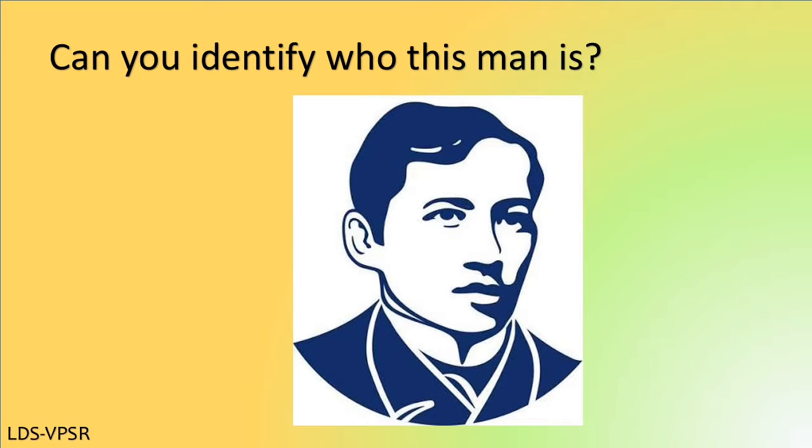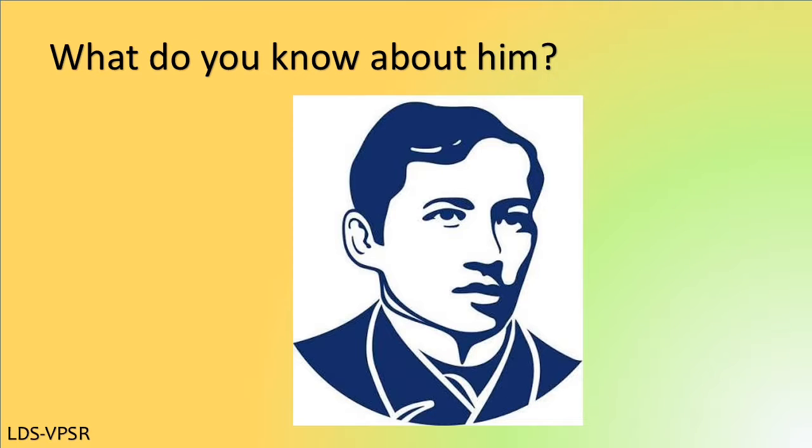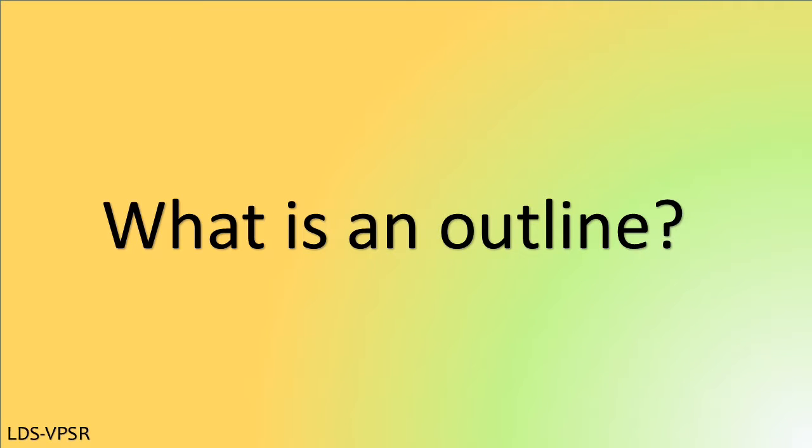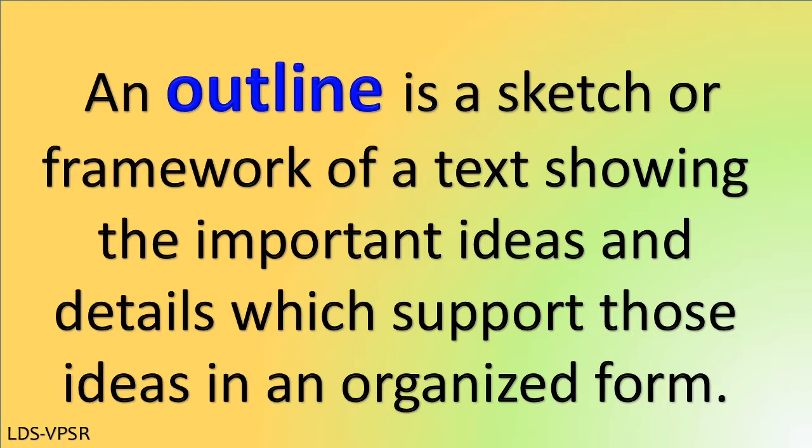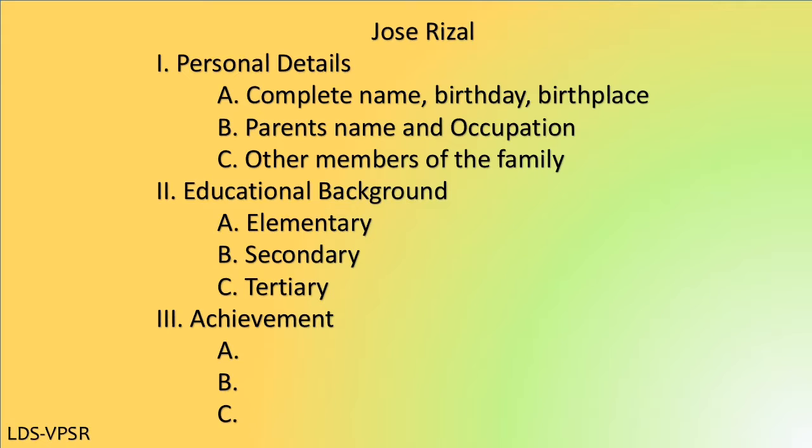Can you identify who this man is? What do you know about him? What is an outline? An outline is a sketch or framework of a text showing the important ideas and details which support those ideas in an organized form. Example: